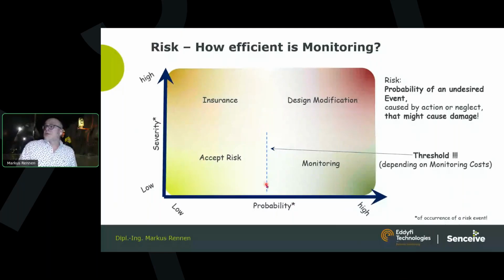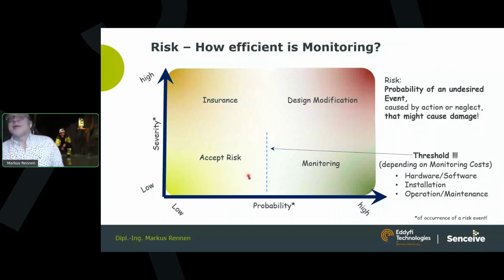With modern monitoring equipment, for example what we present as Sensive equipment, we are lowering this threshold by costs, not only in terms of hardware and software, but particularly in installation simplicity and operation and maintenance. Because if you have an automated system and you very often have to go there and clean it or repair it, replace equipment, then